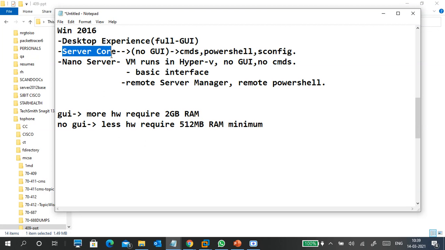Okay, in a server core, I went to the server core part, but I will cover it and come back. Important in a server core is that there is no GUI. It means very little RAM is required, and you manage with CMD, PowerShell, and so on. You can join into the domain, you can create a domain controller, you can create records, but not all services are supported. A few services won't be supported in server core, but maximum it supports.